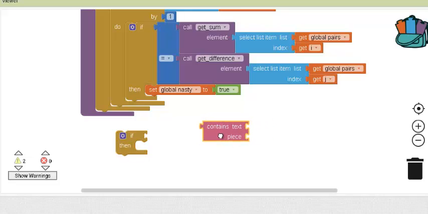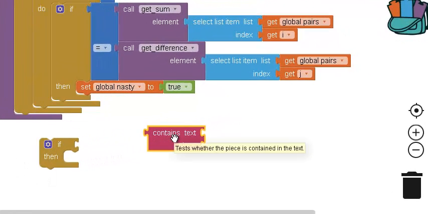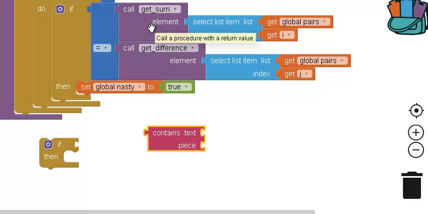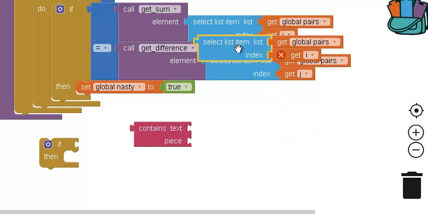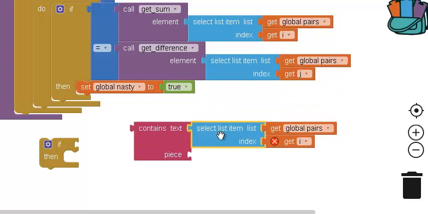So I'm going to say if the element I of the pairs, so the text is the list pair and the index is I, I want to check to see if it doesn't contain number 1 or number 2 of